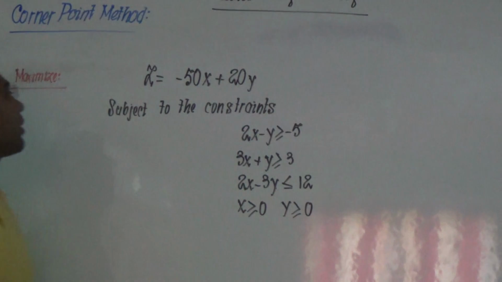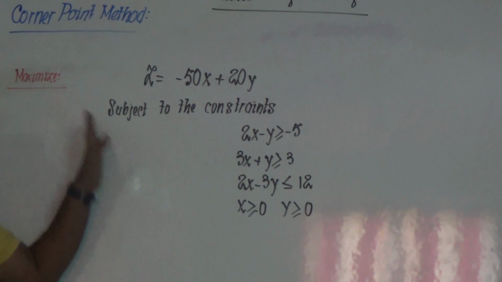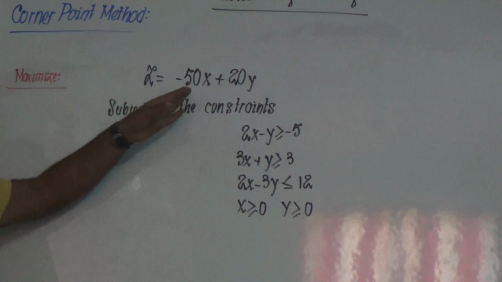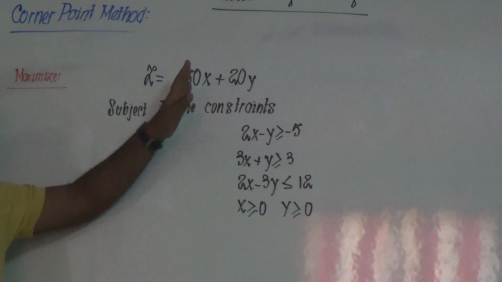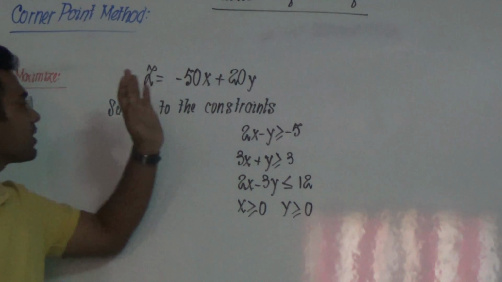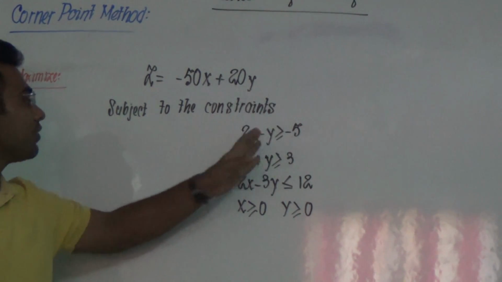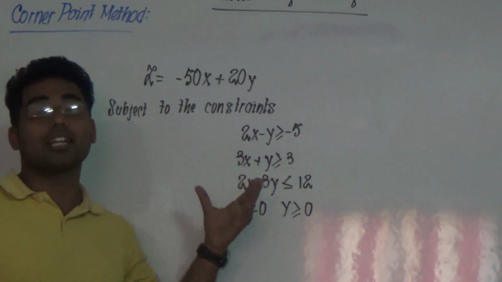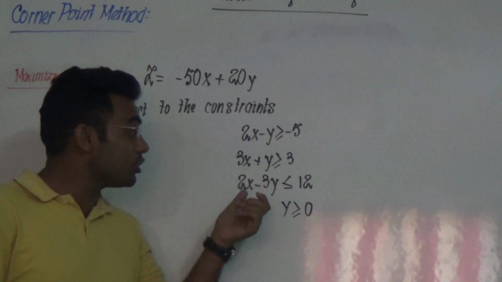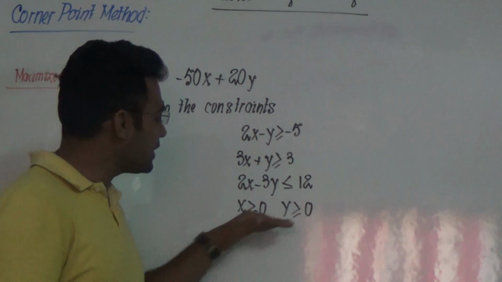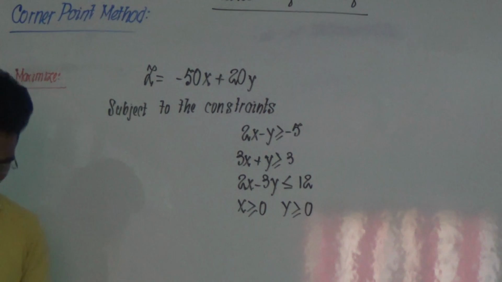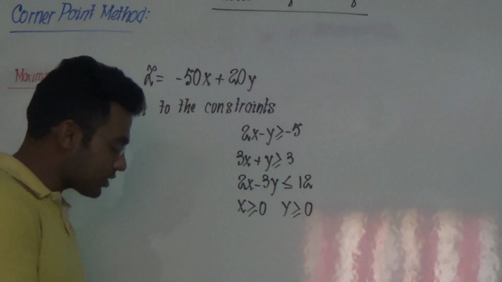Okay. So example here, let's say that we want to maximize, ठीक है, this objective function which equals negative 50x plus 20y and subject to the constraints twice of x minus of y greater than or equal to negative 5, 3x plus y greater than or equal to 3, 2x minus of 3y less than or equal to 12, and these are the non-negativity constraints. All right. So with these non-negativity constraints,